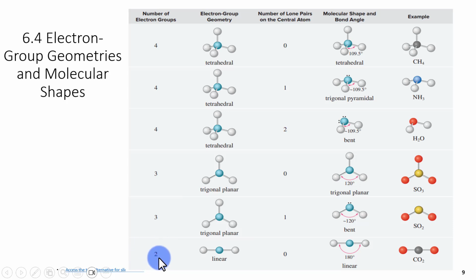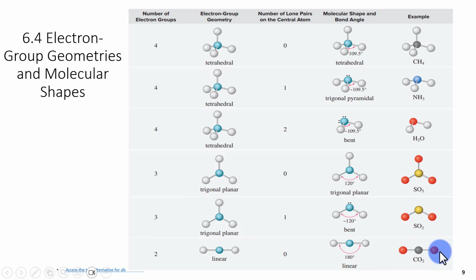And then lastly, if I have 2 electron groups around that central atom, I have electron group geometry of linear, and the molecule will also be linear. Now, remember we talked about the different cases where I can have a linear molecule. I can have 2 single bonds, I can have a single bond and a double bond, or I can have 2 double bonds, or I can have a single bond and a triple bond. So all of those still have a linear shape, those molecules, and a linear electron group geometry,